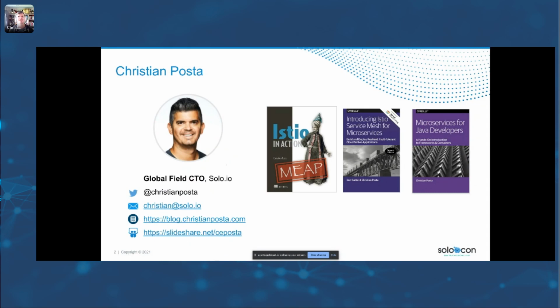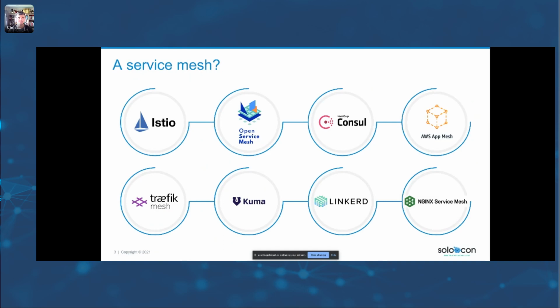And service mesh is a piece of that story. Now, if you're familiar with service mesh, or you've heard the term, or you've come across some of these projects or products or offerings from some of the cloud vendors, you'll know that, first of all, this is a slightly confusing and crowded space.